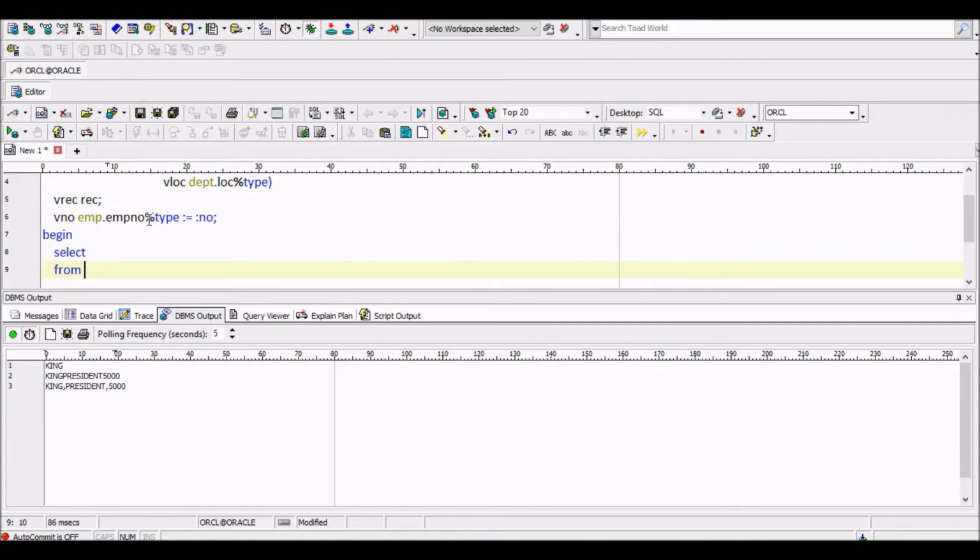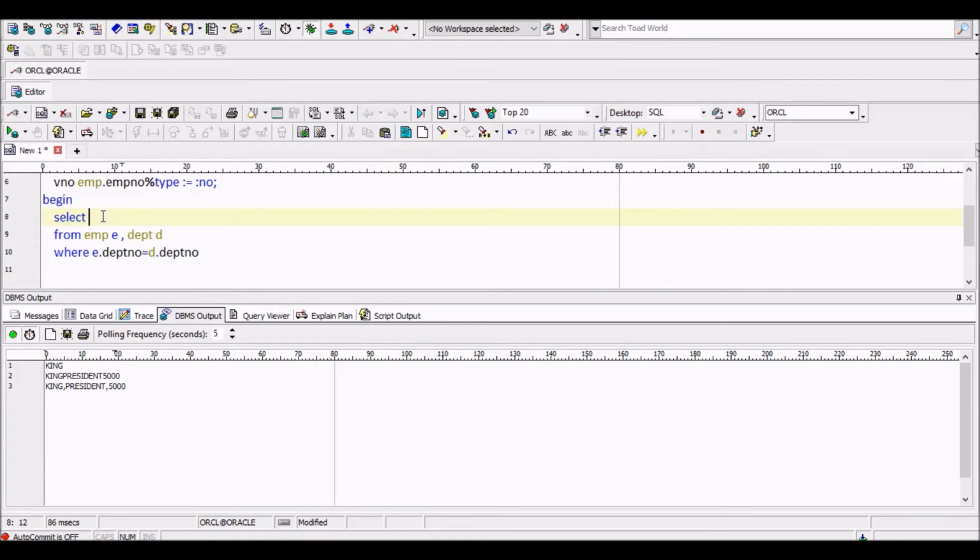First I will define the from tables because we are going to use joins over here. I am giving e as alias name to the emp table, comma dept d, where e dot dept number is equal to d dot dept number. I have given the tables.